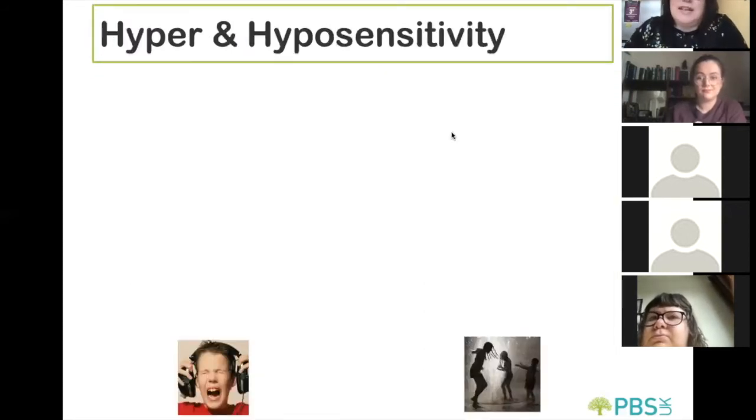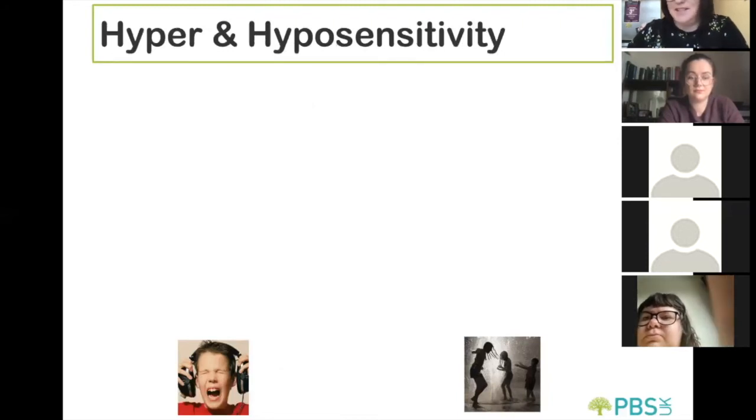So we're introducing now the concepts of hyper and hypo sensitivity. And then we're going to start to think about the different senses. So the sensory side of things, in relation to sensory function and sensory differences, everything we're talking about here, it's really, really complex because we can have so many differences from person to person. You can make a sweeping statement that the bulk of the people that you're potentially supporting may have some sort of sensory difference, but what that looks like from individual to individual is going to be so different.